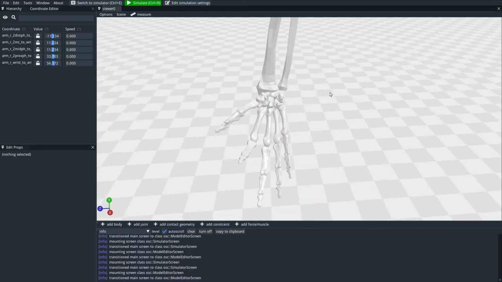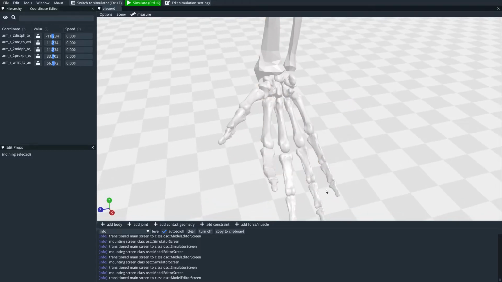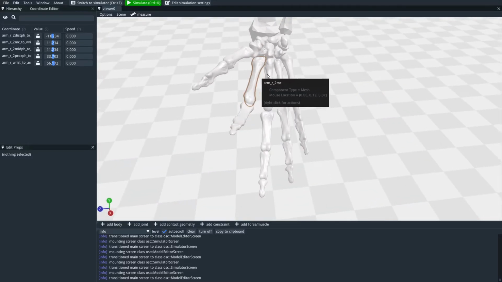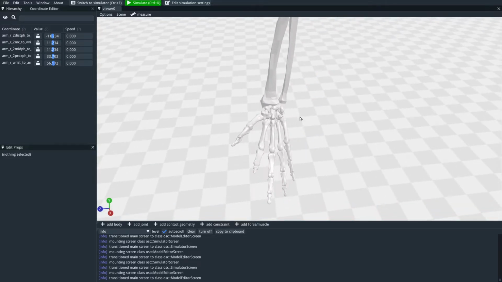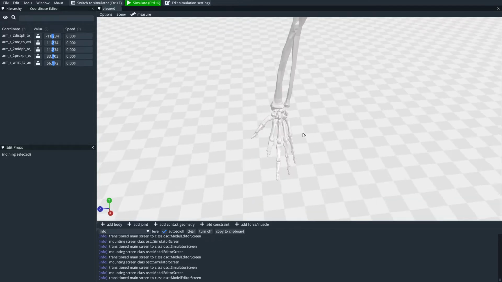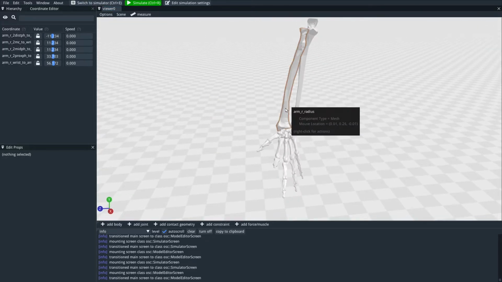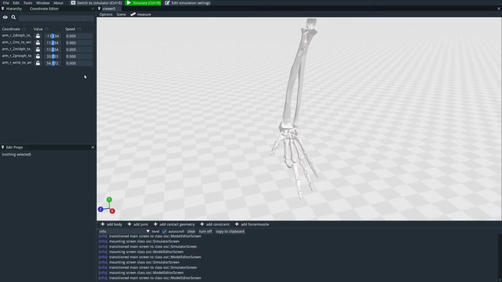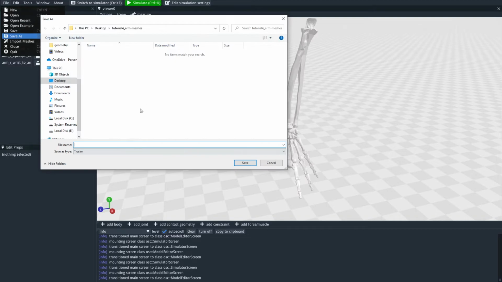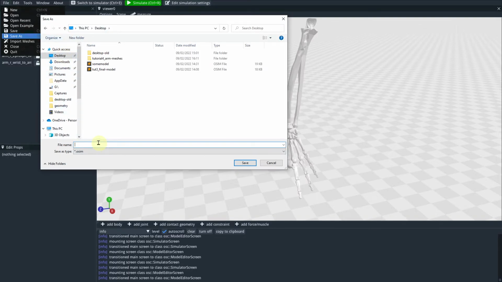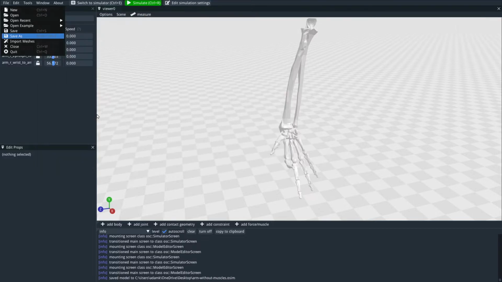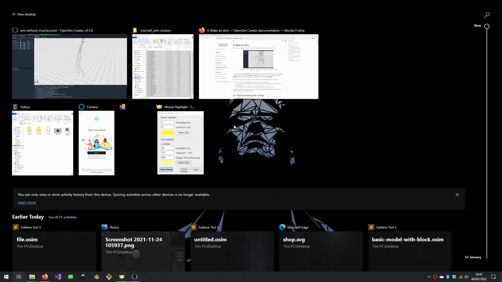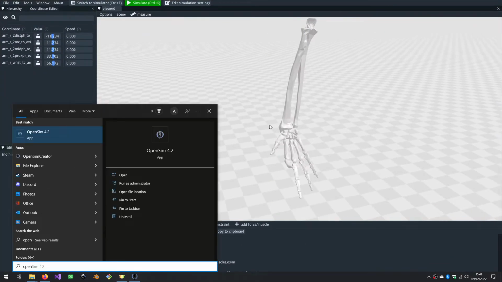We have a hand. It has some joints. All the meshes are attached. The bodies are in roughly the right place. What's next? Well, this might be enough for you already, because it might be that the hardest part of your model building journey is just setting up that initial topology of bodies and joints. And you might now want to do things like save it. For example, let me just show you what I mean. If I go to desktop and I save it like arm without muscles, you might want to just look at it in the official OpenSim GUI. So if I open it up,